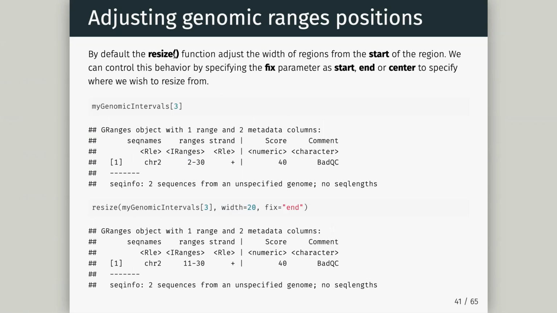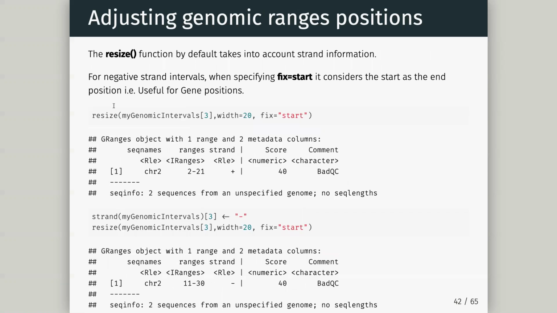Just like I said, by default, the resize function adjusts the width of regions from the start. We can control this behavior by specifying the fix parameter. So we can do start, end, or center. Center is very useful. If you have a ChIP-seq peak, it's typically binding right at the center. So you want to resize it around the center, get your new bed files, and often extract the sequence to find the motif. In this case, we're just going to take that third region,